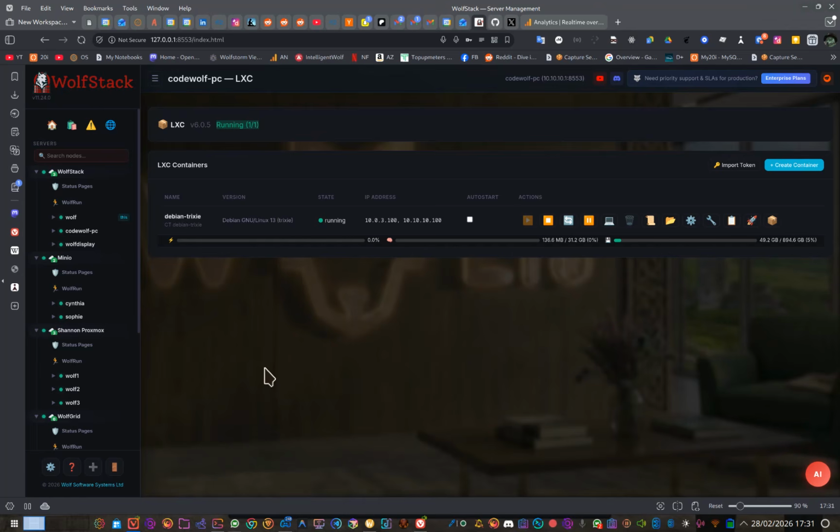So get WolfStack, stick it on a Linux machine. If you've got more Linux machines, just add them on as nodes to a cluster, and they don't have to be on the same network. They could be remote, as long as you can use Dyn DNS and things like that. If you go to the WolfStack website,